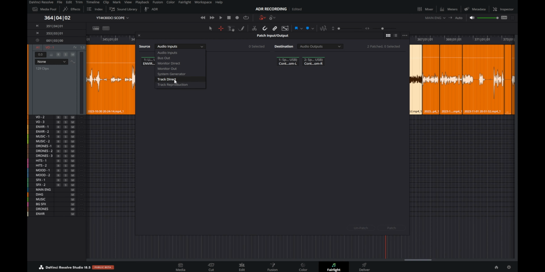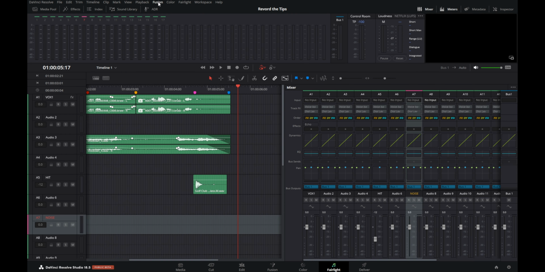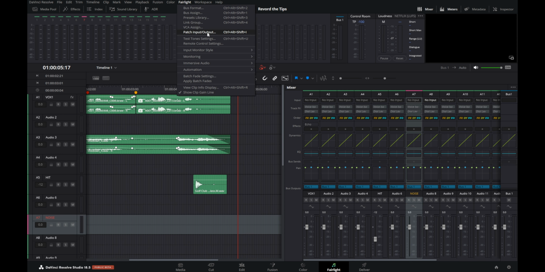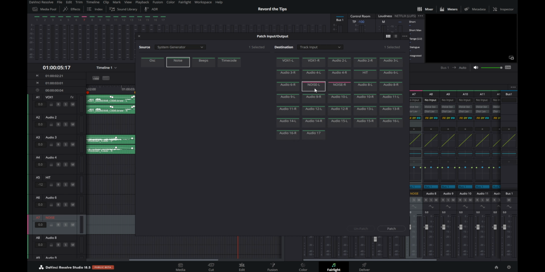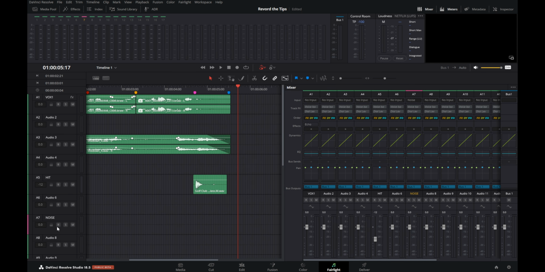Fairlight includes a system generator that can be used to generate sounds such as white noise, beeps for ADR audible cues, or tones that can be transformed into sound effects. What we're going to use is Fairlight, patch input and output. Under source, we're going to select system generator, oscillator, white noise, beeps, time code, we want noise. Under destination, choose track input, noise left, noise right. This is this channel here. Patch. We can now press on,